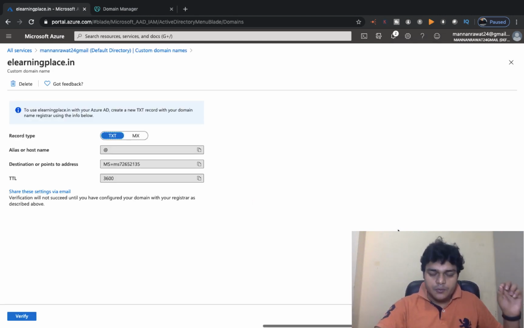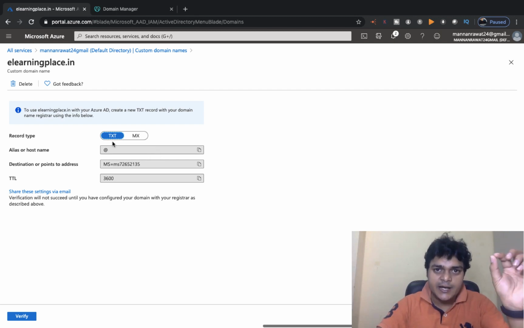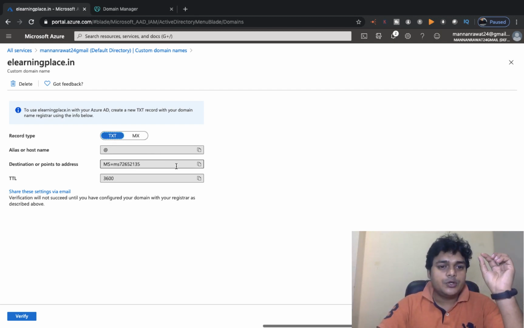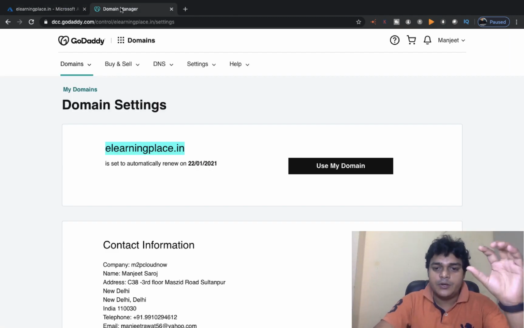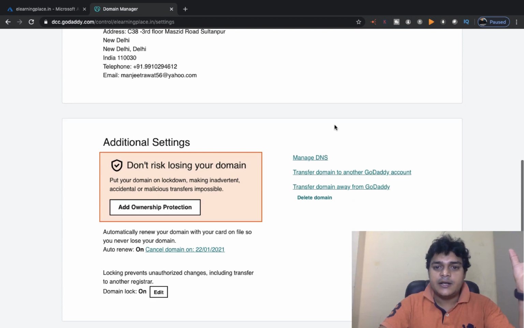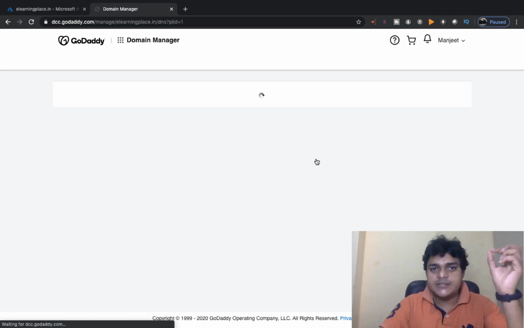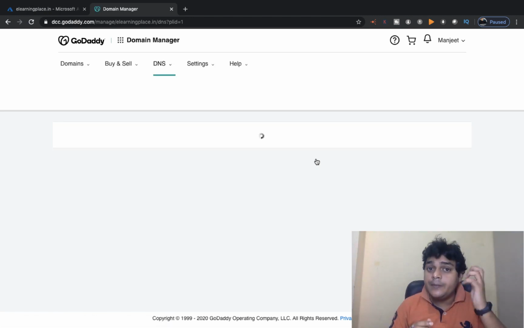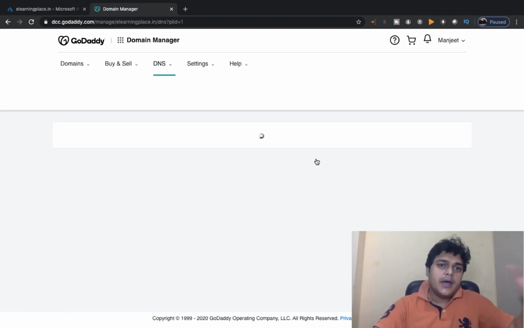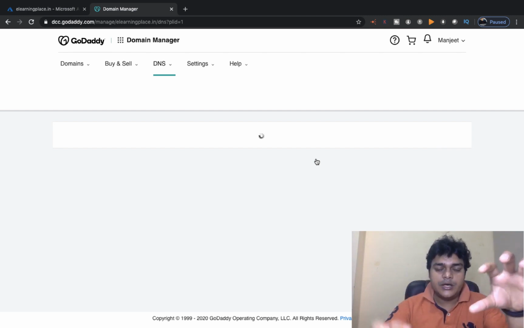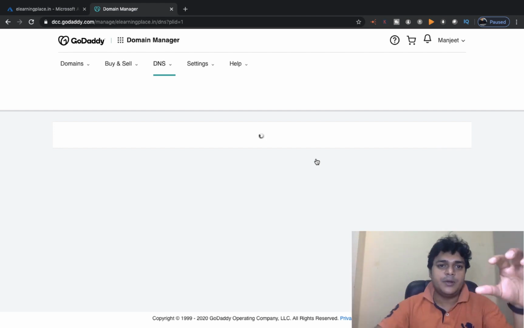Once you type the domain name and click connect, you will get two different types of records. One is a TXT record and the other is an MX record. You need to copy the value of your TXT record. Open your domain location, in this sense GoDaddy.com, and click on manage DNS. Open your domain name and click manage DNS. It will give you the option to save your records. Those records are given by the Azure portal. We need to wait, and it will show you the space where we can save our domain records.